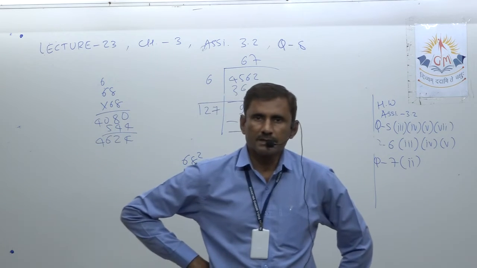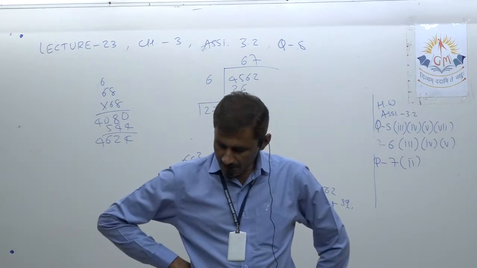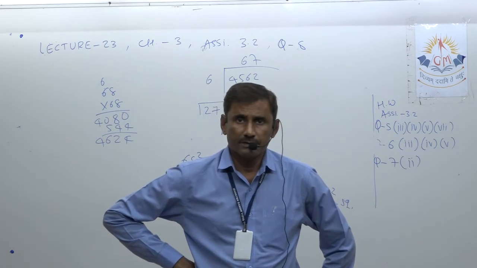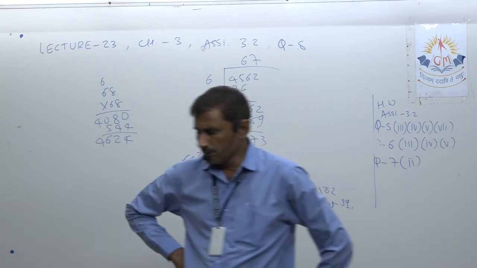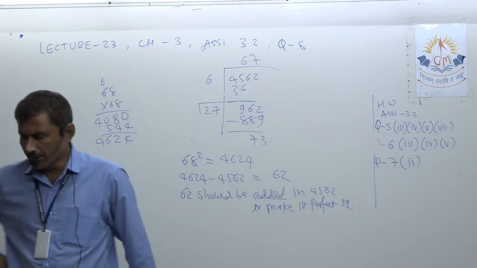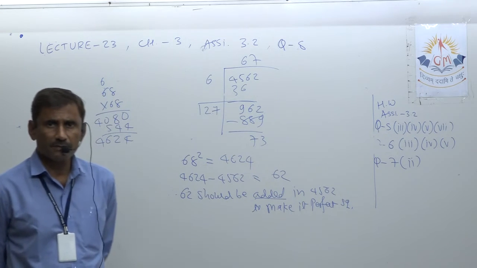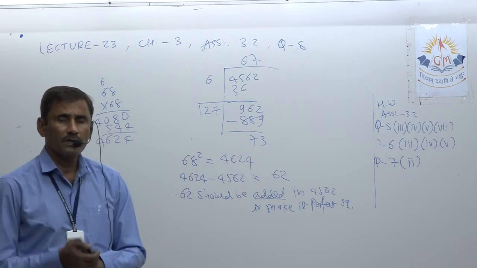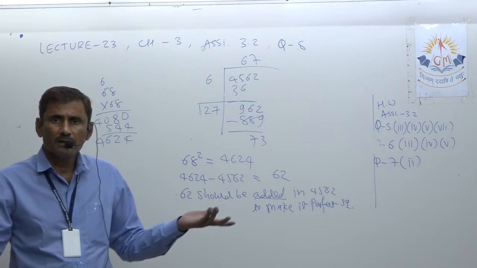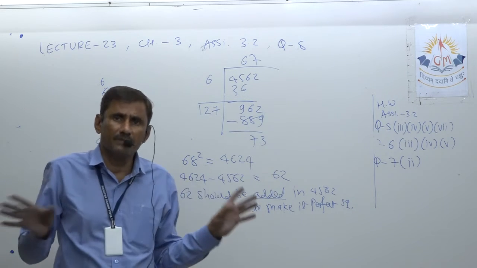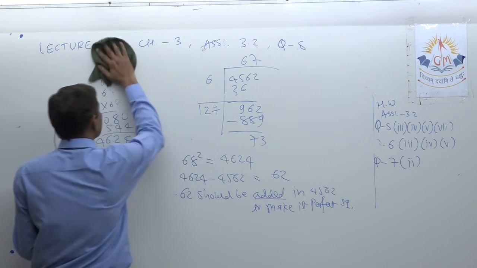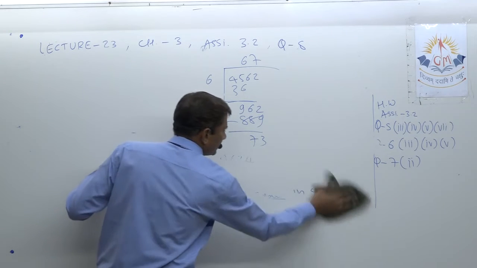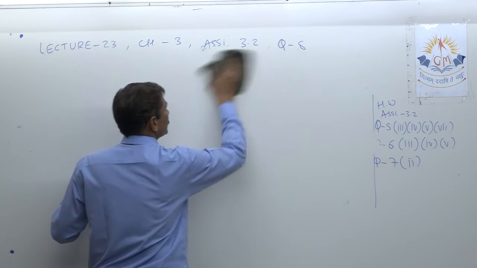Okay, now they are asking: find the greatest perfect square 5-digit number. First of all, understand what the greatest 5-digit number will be. Not perfect square, only the greatest 5-digit number. It will be 99999, all 9s. So first of all write it down; that is not the answer. We have to look for the greatest perfect square 5-digit number.